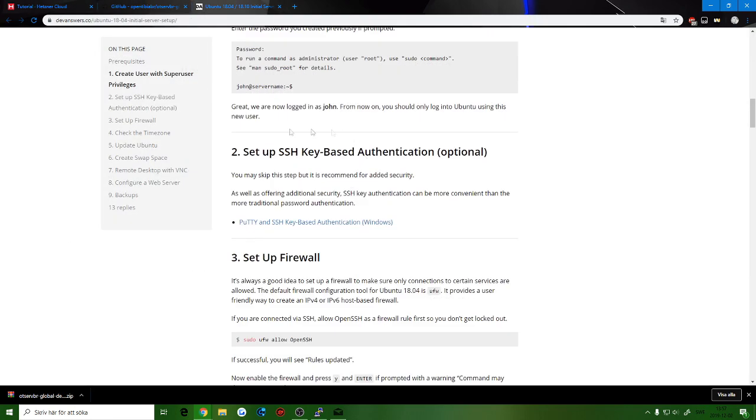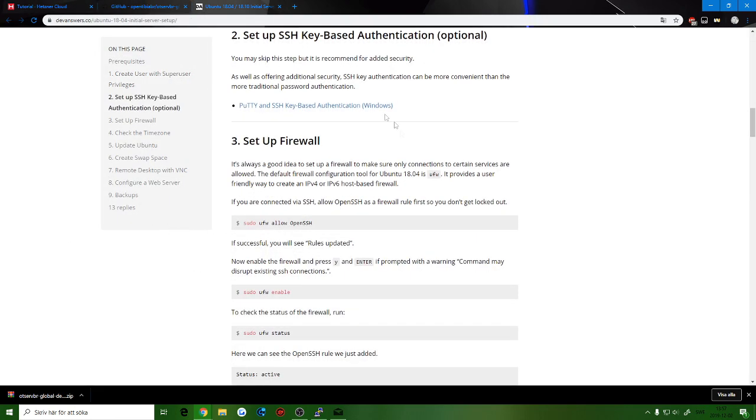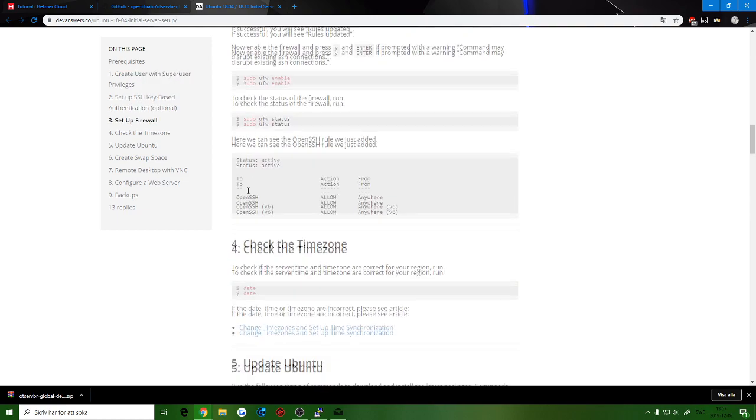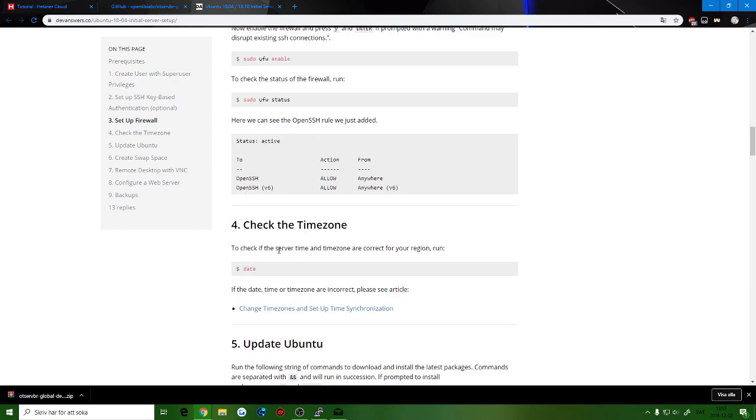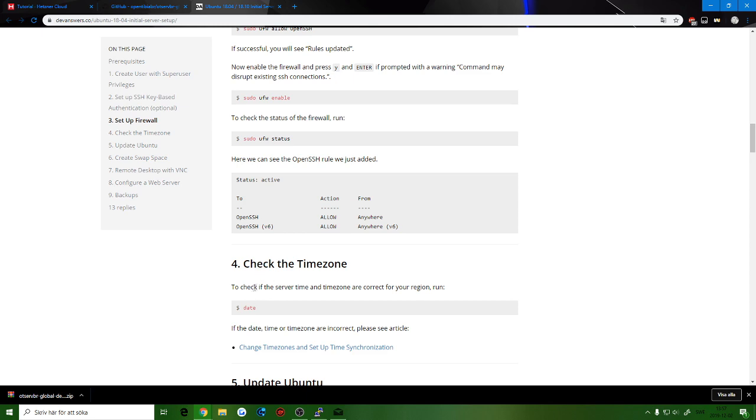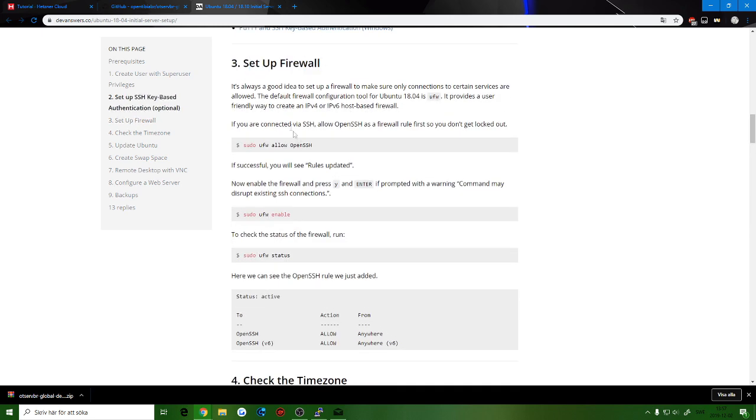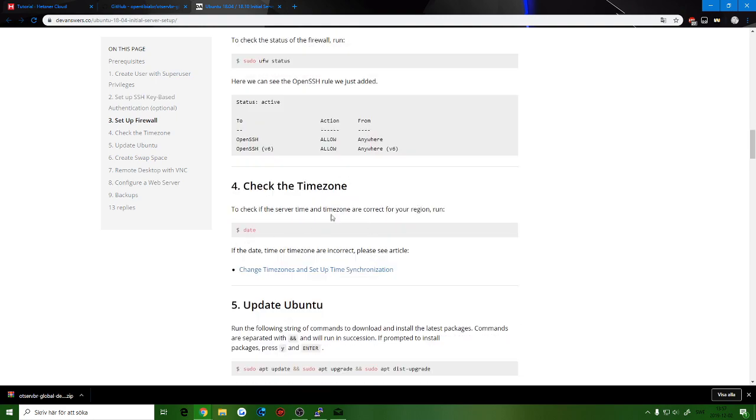So now we can go ahead and go down to this. As before, check the time zone. As I said, if you want to set up a firewall for SSH connection, you can do that, but I'm not going to do that because I'm going to use the tutorial. So we can check the time zone by typing date,